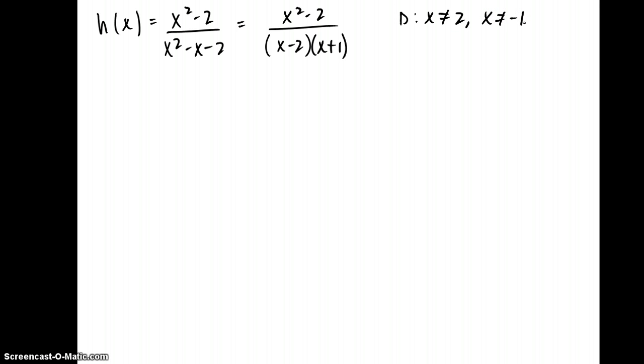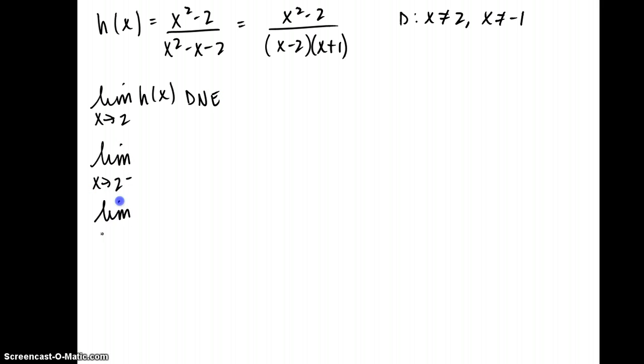Domain, limit, conclusion. So now let's find the limit as x approaches 2 of the function. When we plug 2 into the function, direct substitution gives us number over 0. So this limit does not exist. In order to discuss vertical asymptotes, though, we want to look at the one-sided limits. Okay? So into my function,